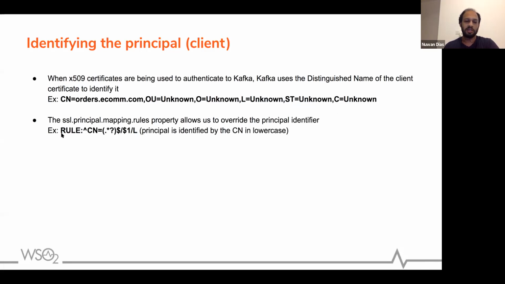You basically say, apply this rule based on this format, so it has a pattern, the array number or the element number that you want to match, and an L or U character, basically lowercase or uppercase. So what we are telling Kafka in this rule is to override its default client identifier mechanism